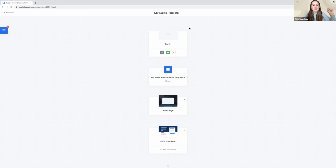It should have everything. Whereas the pipeline is much more narrowly focused, right? So when you're sending them to this first page of the pipeline to opt into your sequence, you're sending them to get them to convert, right? This is a sales pipeline. It's not a website where they're going to get to know you more, or an introduction to you, or an introduction to your course. Sending them to this pipeline is the real deal, getting them started on